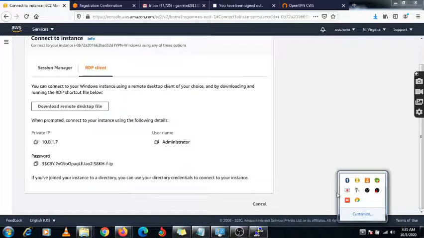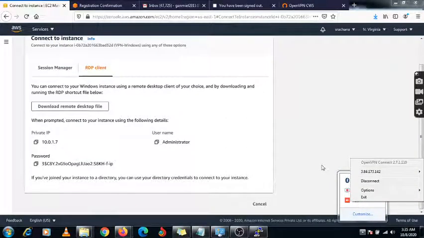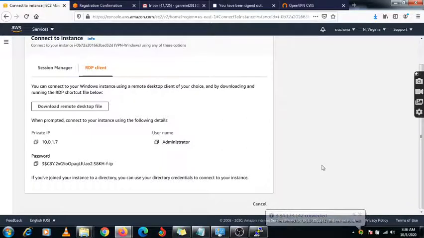Once this is connected, it will show as green. It is taking time. Yeah, I think the connection is established, and now it is showing that the VPN is connected, right?